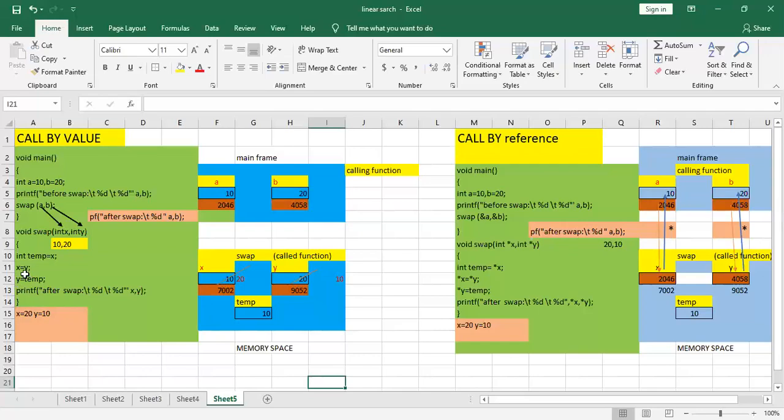Now in this line, we want to assign the y value to x. What is the value in y? 20. We want to assign this value to x. So 10 will be replaced and updated by the value 20. Now the value 10 is assigned to